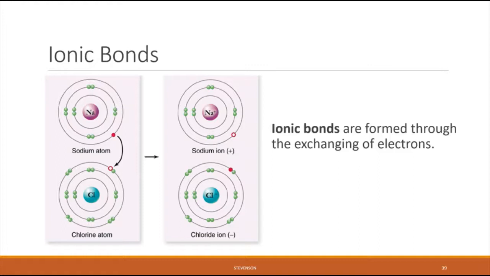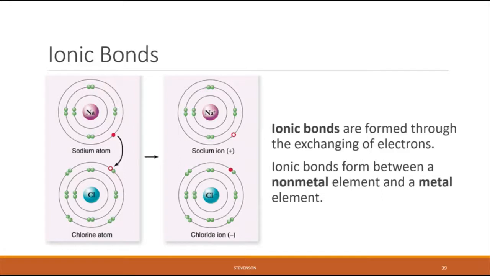it. This, of course, will throw off the balance of the protons that are found in the nucleus with the electrons in orbitals, and it results in the formation of 2 ions that have electrical charges, which is why these are called ionic bonds. Ionic bonds form between an atom that belongs to a non-metallic element and another atom that belongs to a metal